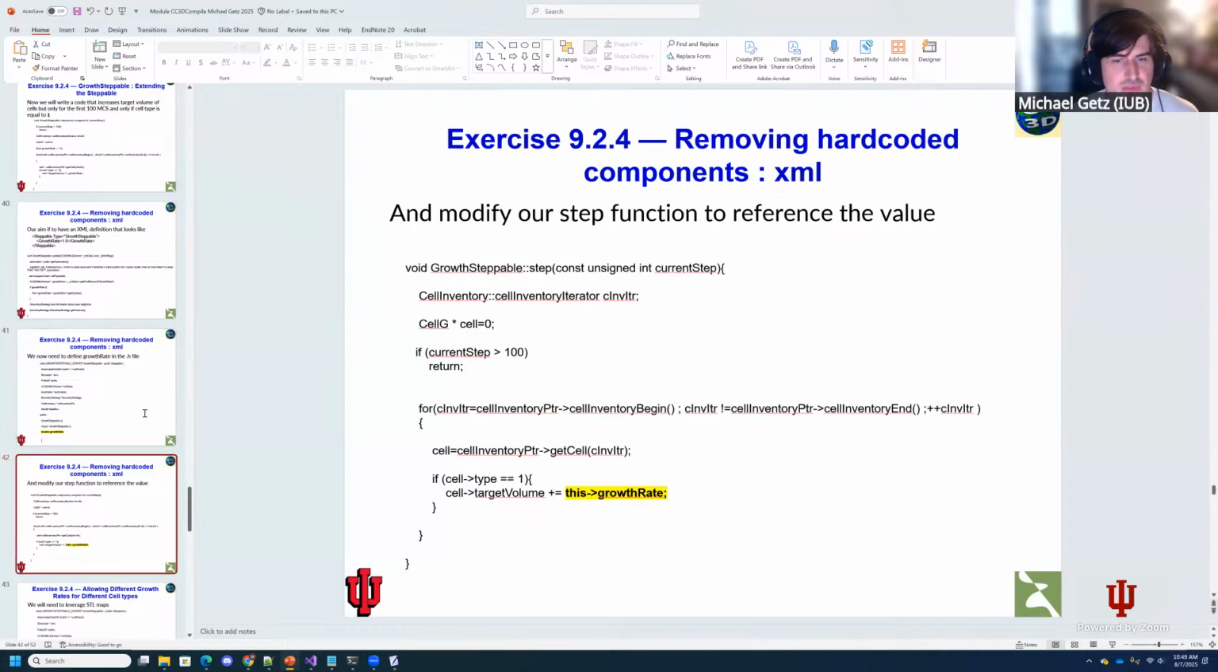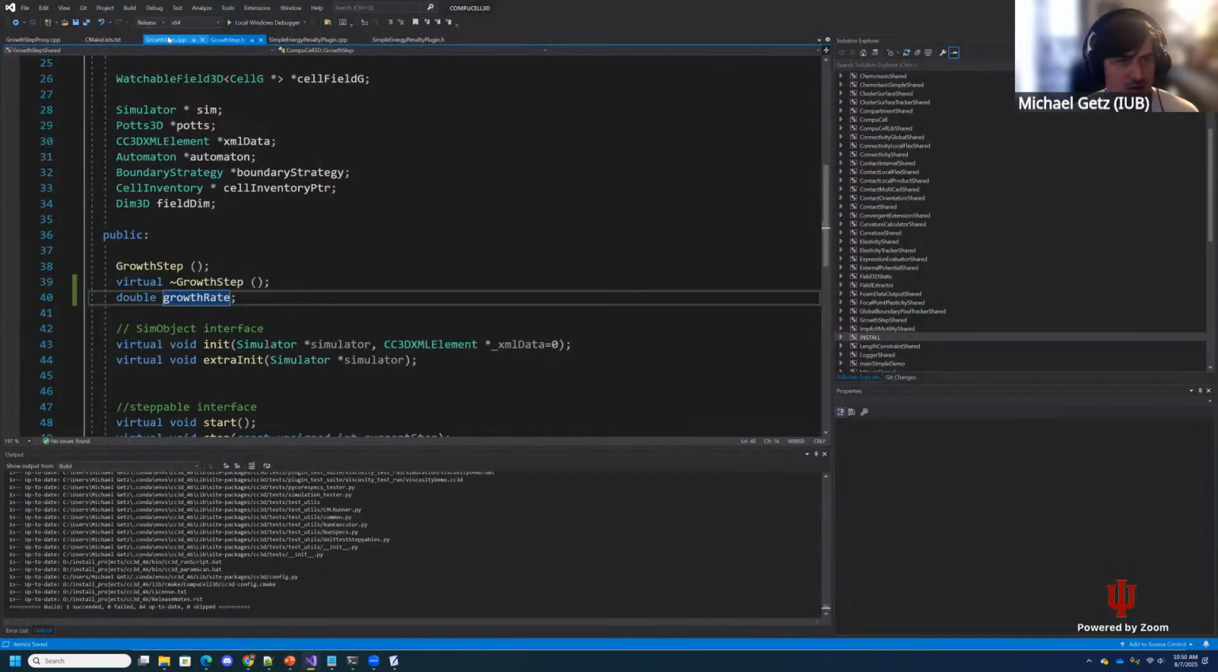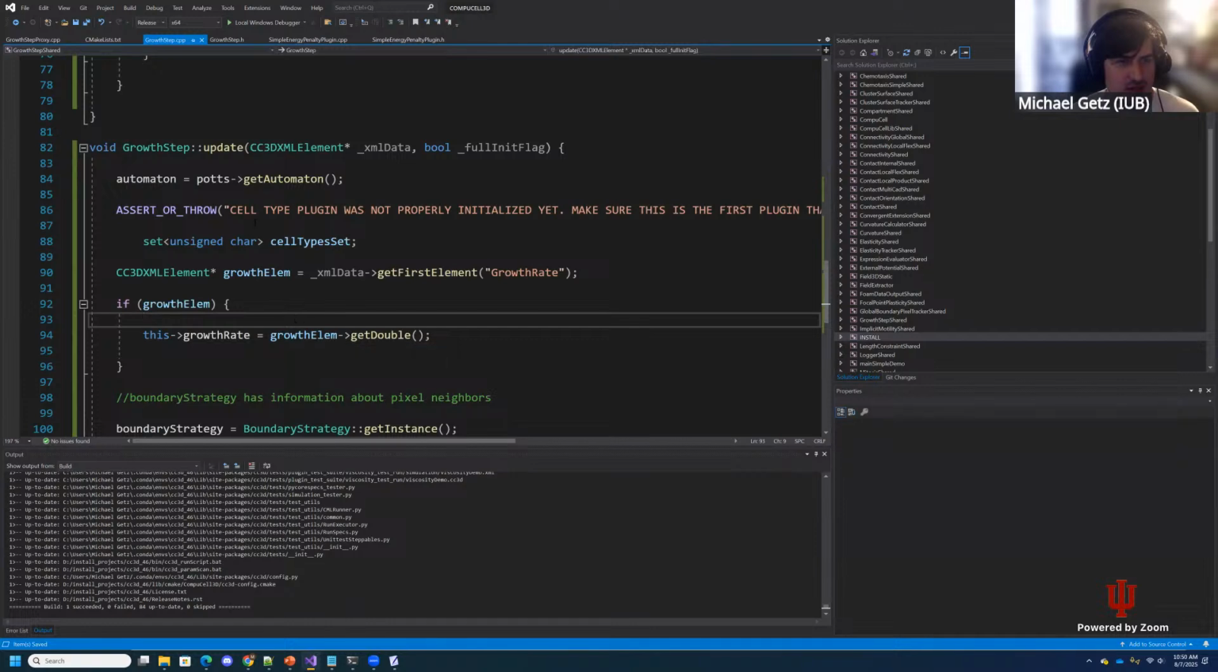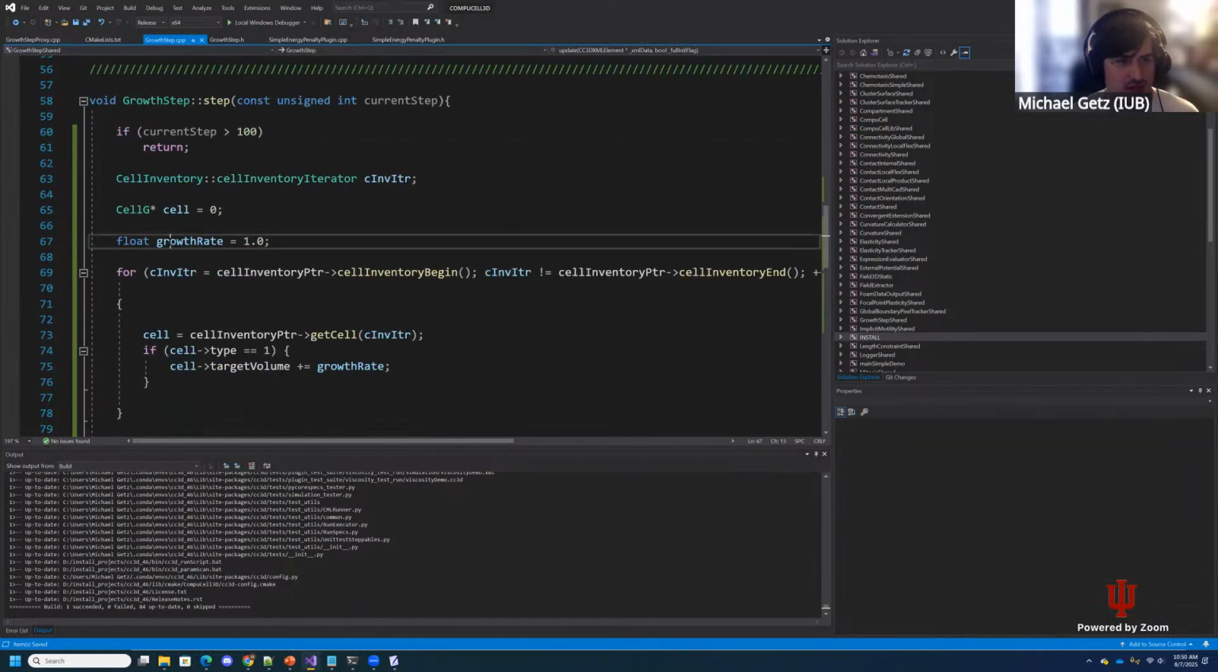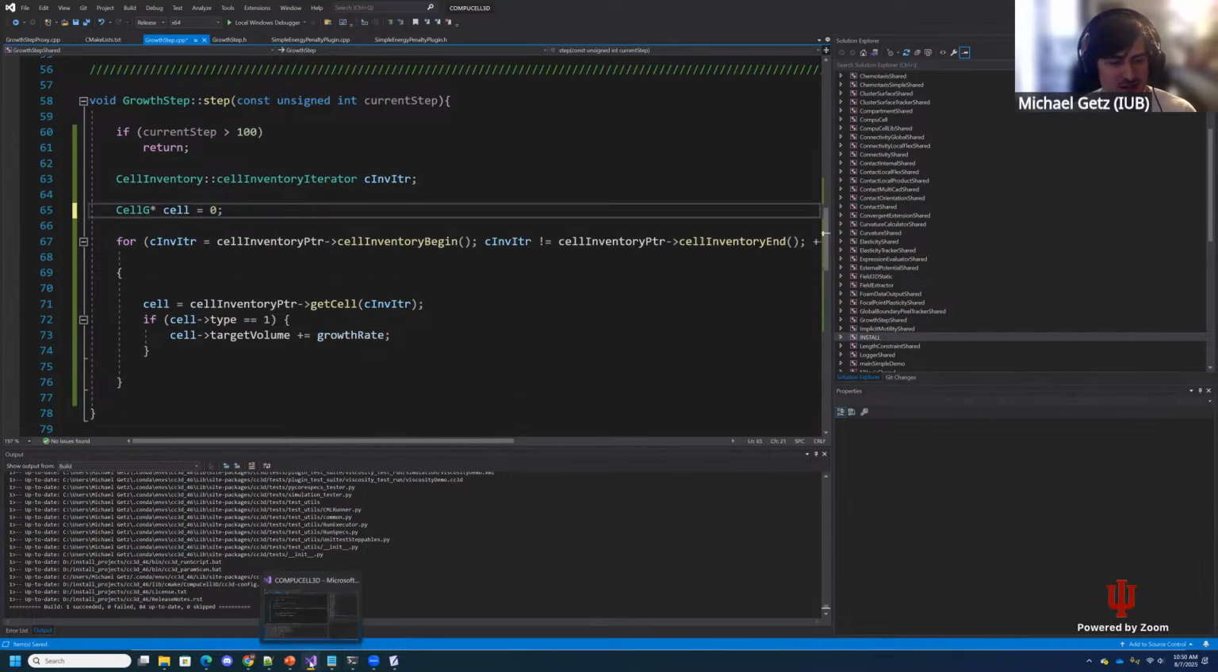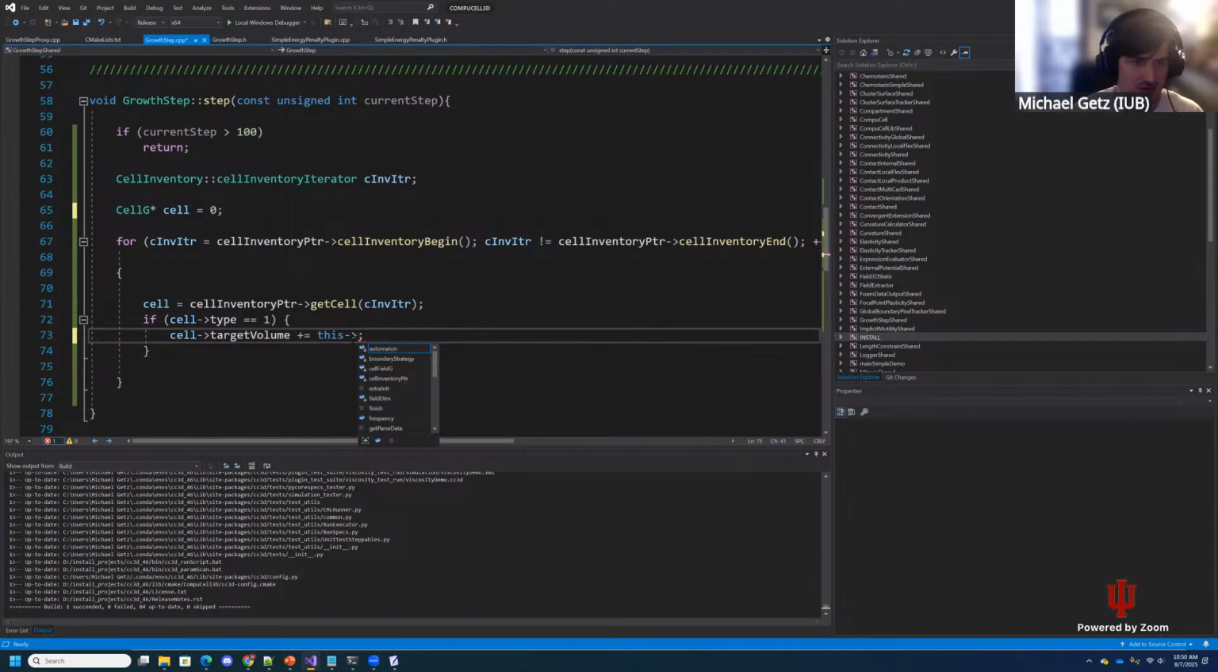So finally, to actually get rid of the hard-coded element, we need to make a reference to this created value, right? So where previously we had our step function with a hard-coded growth rate, we are now going to substitute this hard-coded growth rate with the pointer, right? So we're going to get rid of this, and then we're going to go this, and then